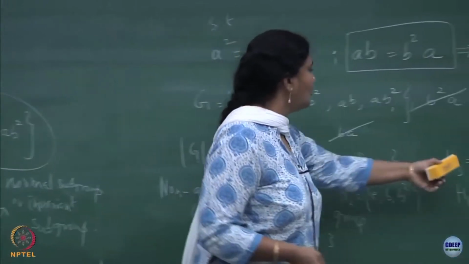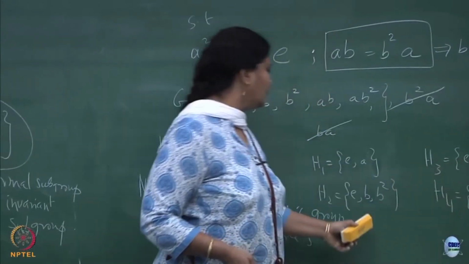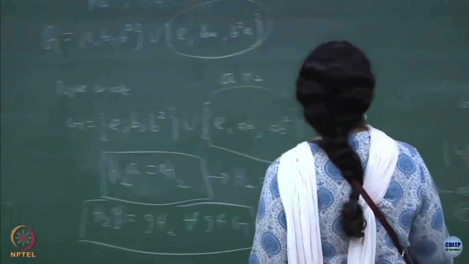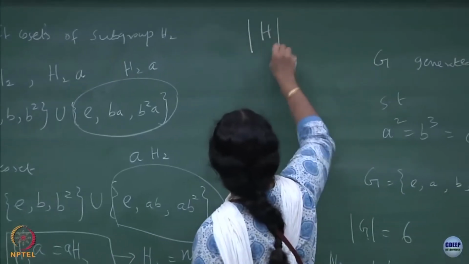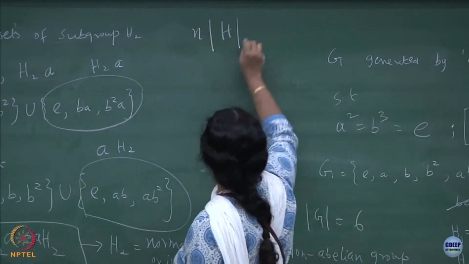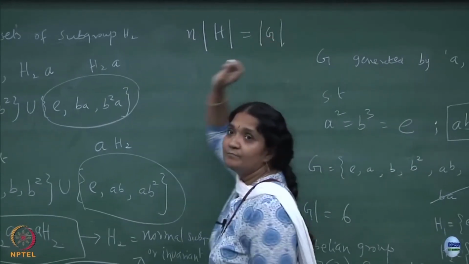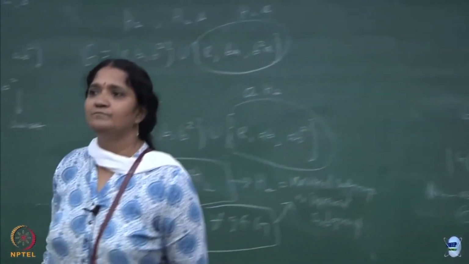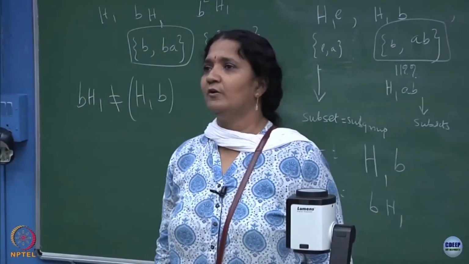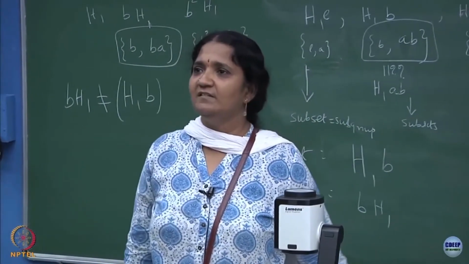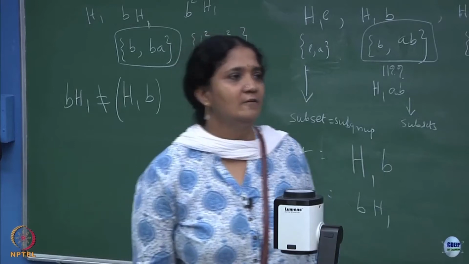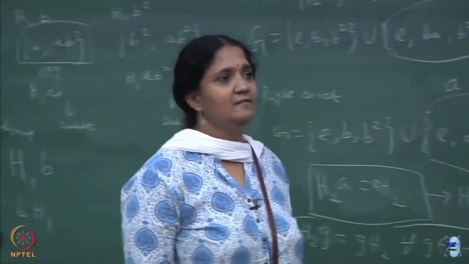When we write these subgroups, you see that these are order 2 and this one is an order 3 subgroup, which is telling you that the order of H should always divide. So, some integer n multiplying the order of the subgroup should give you the order of G, and the only possibility in this symmetric group is that you can have either 2 or 3. Is that right? Anything else? That is it.